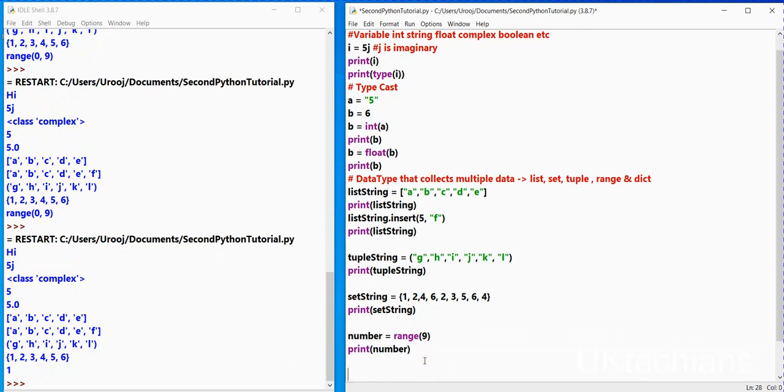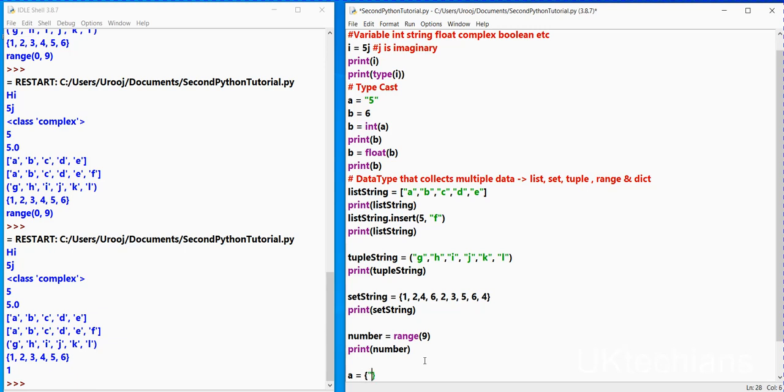And so let's use dict. What is dict? Dict is like a hash map, or mapping data with keys and values. So let's talk about dict. It's sort of a dictionary, right? So a equals to